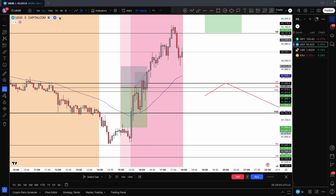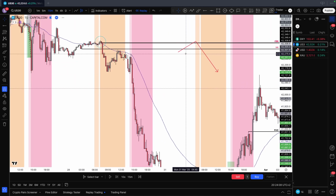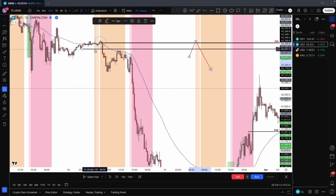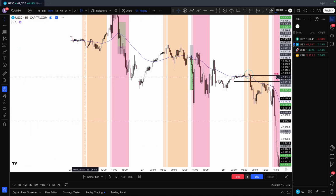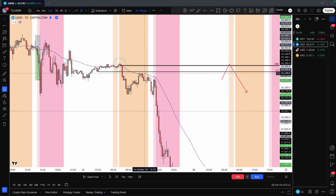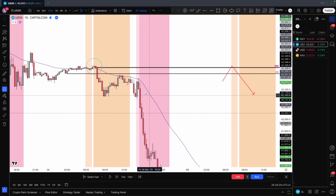this area. In the meantime, as you guys can see here, in the past I had this area already marked based on this beautiful move we had. Look at this range area, and how price nicely breaks through, right? We had this strong bearish move price created during the London session on 28th of March, and potentially we also had one during the New York session on the same day in the